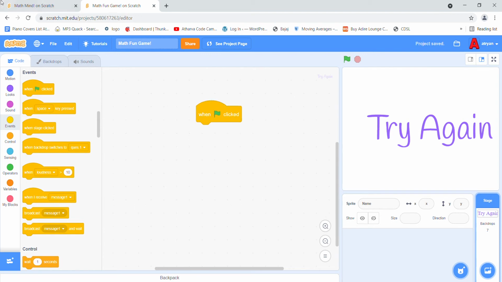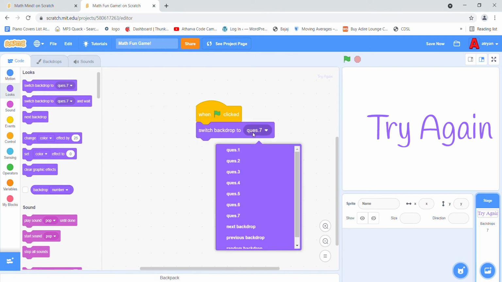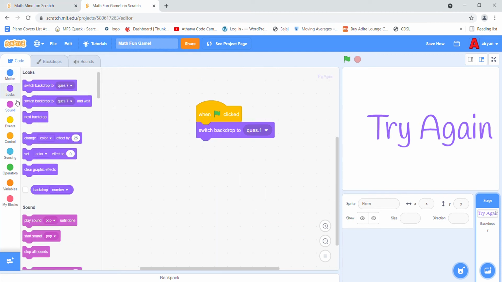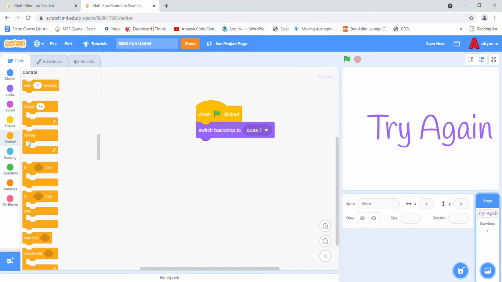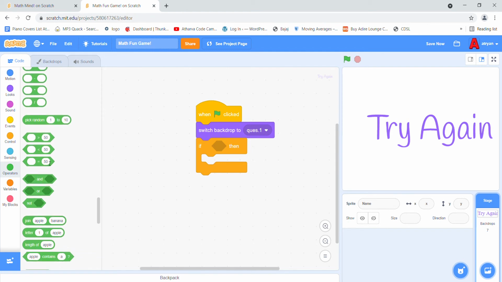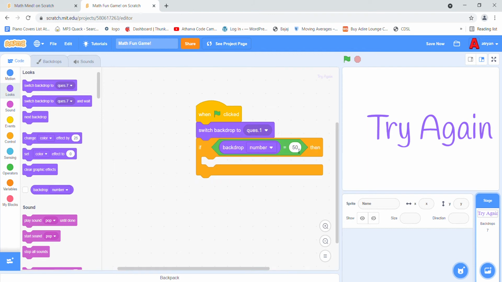Okay, when green flag clicked, switch the backdrop to question 1. There you go. And if the backdrop number is equal to 1, then ask what is the question and wait. Okay. Let me go to control. If the backdrop number, the equal to sign, pick it up from here. This backdrop number, there you go, is equal to 1, then